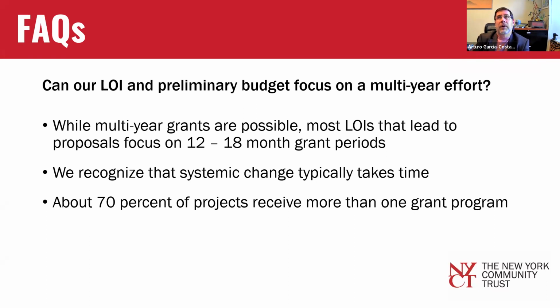And the other thing to think about also with your LOIs and with the projects or initiatives you're asking us to support is that we tend to think about things in arcs of grants. About 70% or so, probably more, of the organizations that we support are going to get more than one grant out of us. So we look at things as like 2, 3, and 4 grant arcs. It's not 4 years because, you know, the grant periods can be different, but we look at things that way,